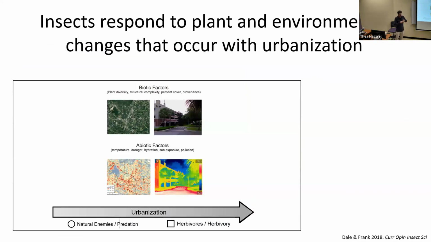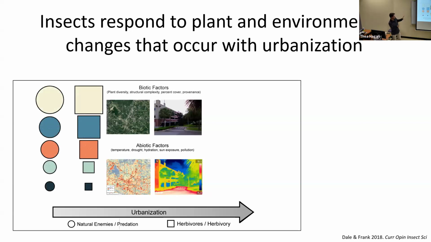And we know that insects and the things that live on the plants in those spaces respond to those changes. Driven by the plants that we put in there, but also the microclimate that is created by the way we create that landscape. So this is a figure that tries to depict that. I want you to think a little abstractly here. In this figure, we have an urbanization gradient from natural to very urban. And we have changes that occur in that process. So across an urbanization gradient, you get urban heat islands, you get changes in microclimates, you get changes in sun exposure,